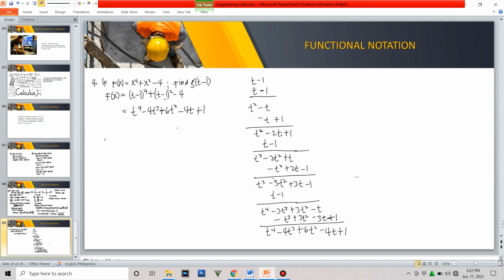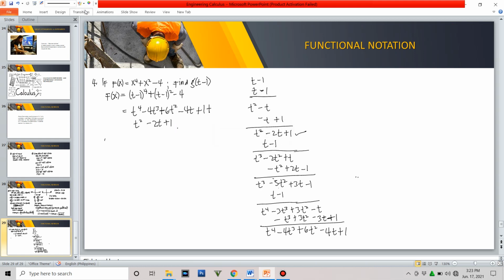And then we add this. What is that value? T minus 1 squared. T minus 1 squared is actually this. So we have plus t squared minus 2t plus 1. Okay, so we combine